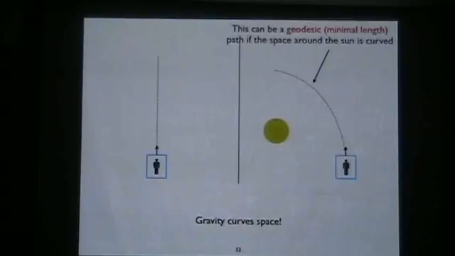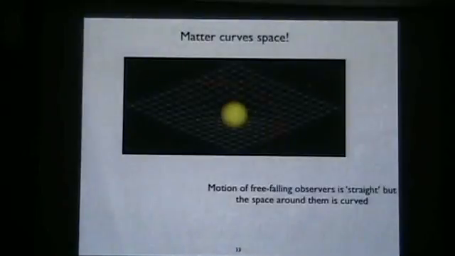Notice that this conclusion, that gravity curves space, is a direct consequence of the equivalence principle, the statement that these two observers are essentially indistinguishable. It is, in some sense, the ultimate realization of the equivalence principle. Everything is affected the same way. So, okay. So matter curves space, the motion of free-falling observers is straight, but the space around them is curved,